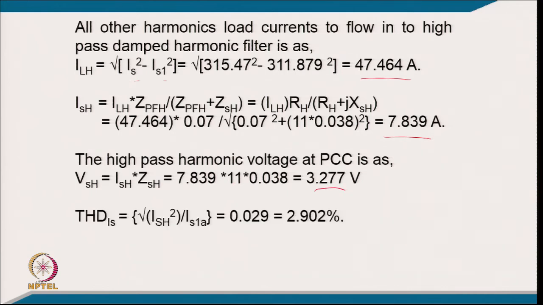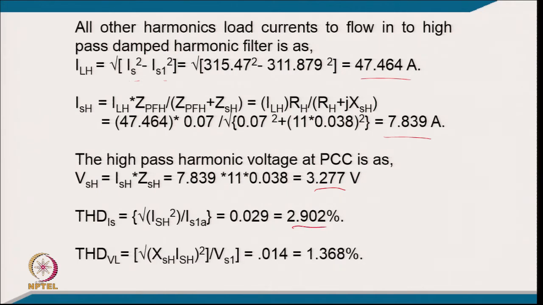And the THD of the supply current is reduced from typically 15% to ISH upon IS1, it is only 2.9 percent, and the THD of the voltage, from voltage drop divided by Vs1, is only 1.368%. So, that is the design of the high pass filter corresponding to the 12 pulse converter considering 11th harmonics and above,